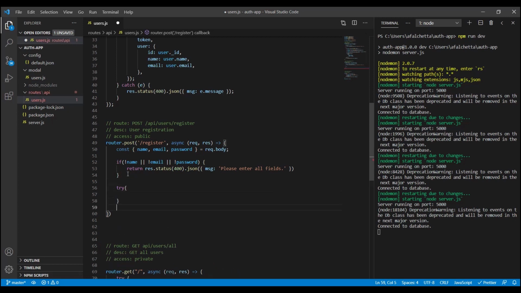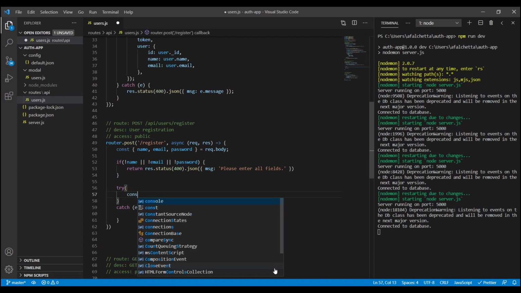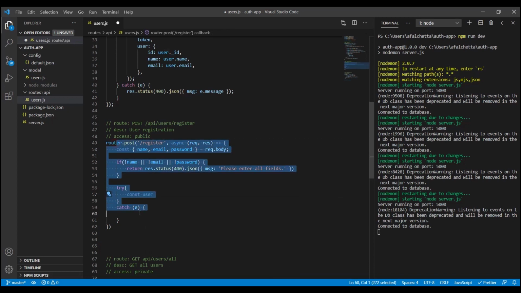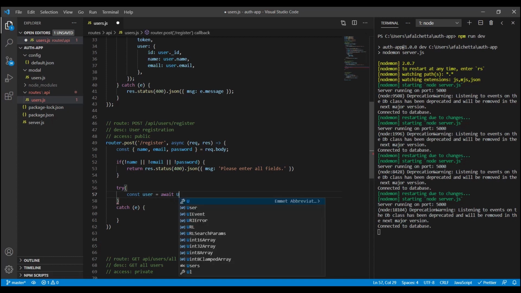Catch with an error, possible error. And inside of our try catch, here's where we do all our, or most of our logic. Const user, because this is inside the scope of this router.post, so we can use the same variable again, even though it's const. Equals await user.findOne